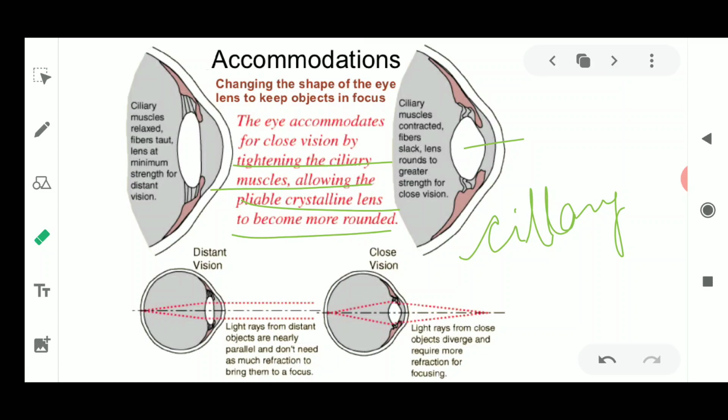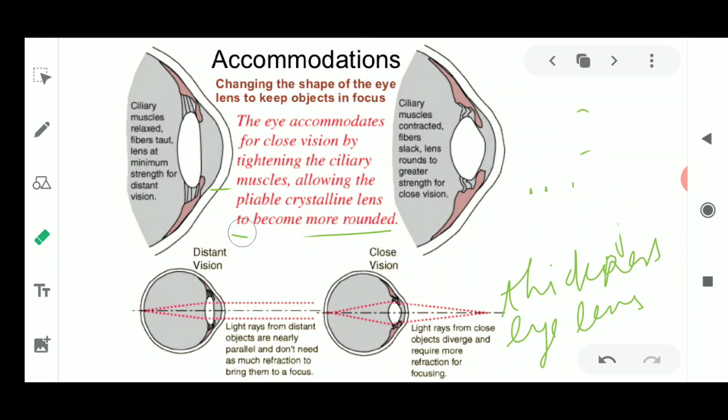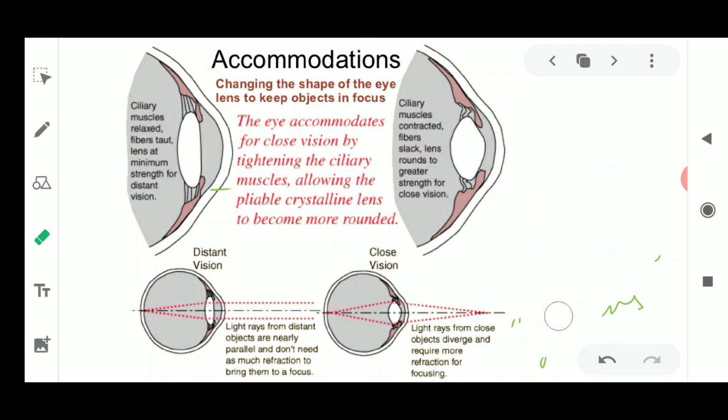The ciliary muscle can change the thickness of the eye lens. Because the thickness changes, its focal length changes. If the focal length changes, the converging power also changes, and that is why you are able to see far as well as nearby objects very clearly. This adjustment takes place in a very short span of time.